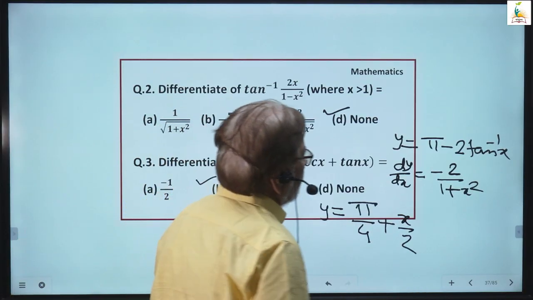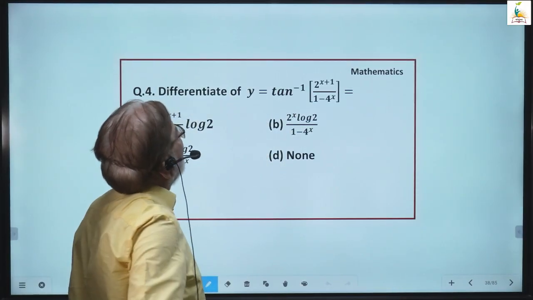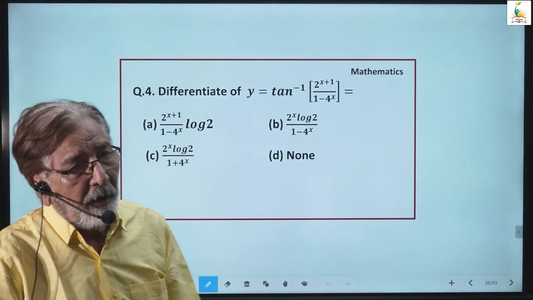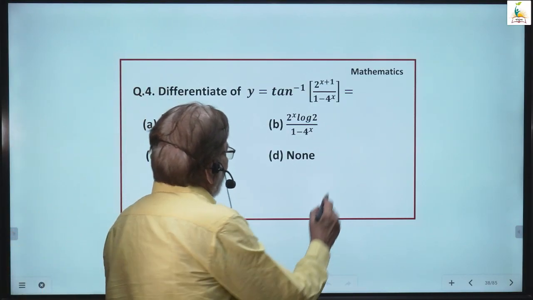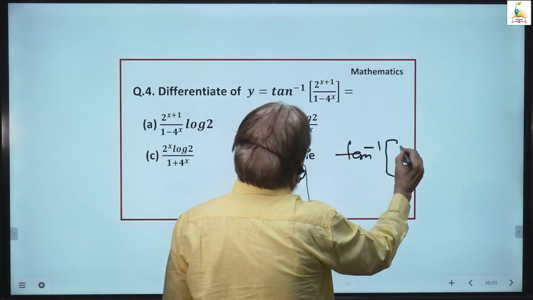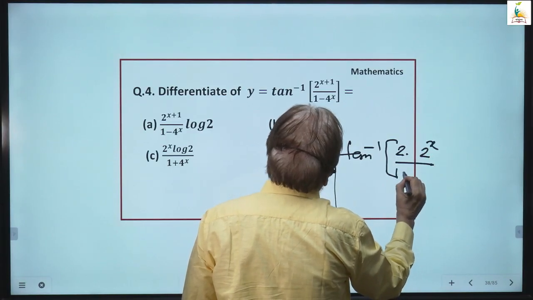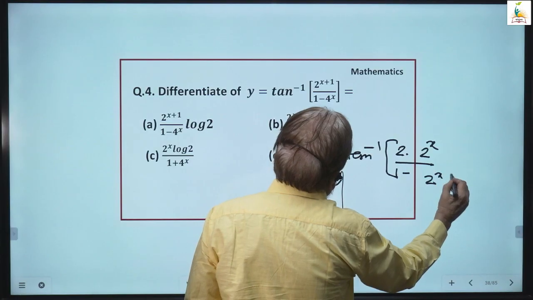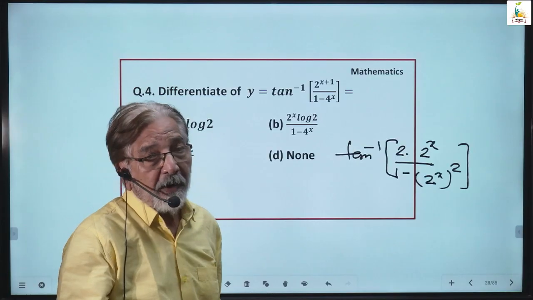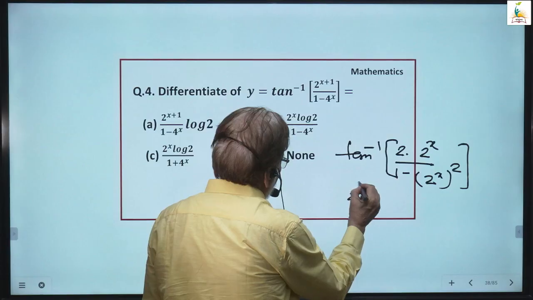Now, let us see the next question. Differentiate y equal to tan inverse of (2 raised to x plus 1) upon (1 minus 4 raised to x). If I put this as tan inverse of 2 into 2 raised to x upon 1 minus (2 raised to x) whole square. If I put 2 raised to x equal to tan theta,